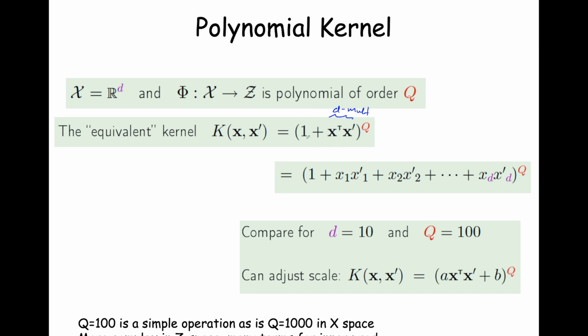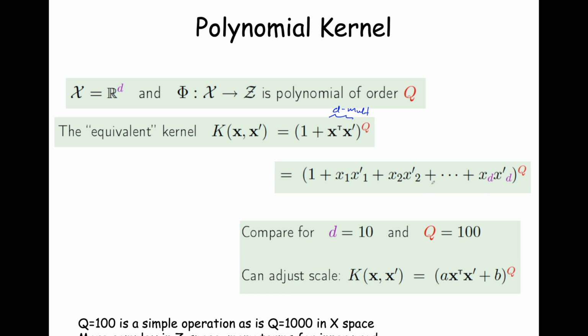And then we take that result, add, that's trivial, and then we exponentiate to q, right? Each one of these we can do in d steps, and then we have one step for the addition, and then exponentiate, you can do that in one step. Now, certainly, if you took this d-dimensional vector, x transpose x prime, and you would actually multiply it out, we'd